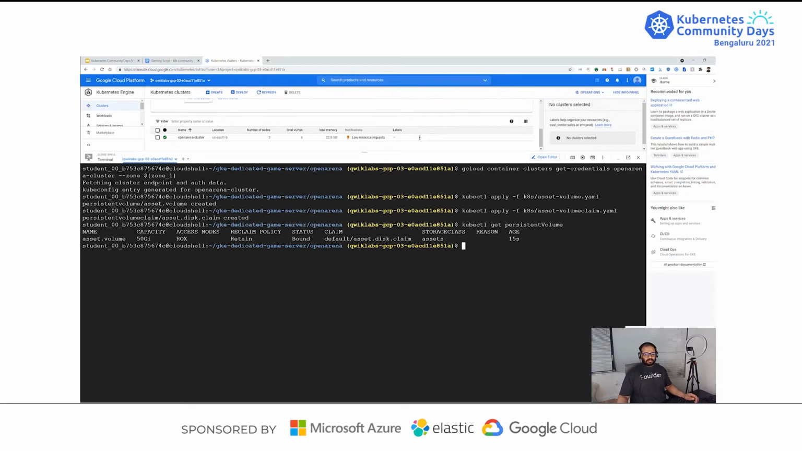Now the next step for us is, if you look at the persistent volume claim, it's also bound. It's ready for our usage. This is the same volume we have with all the assets which we created and deleted the virtual machine for. The next step